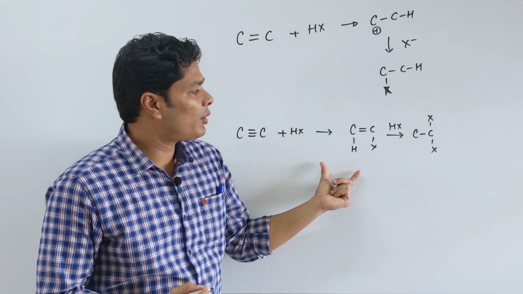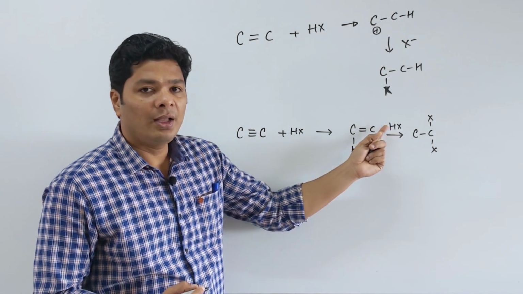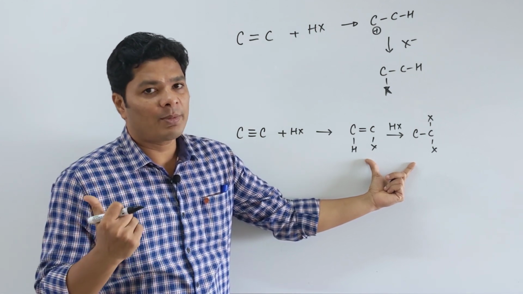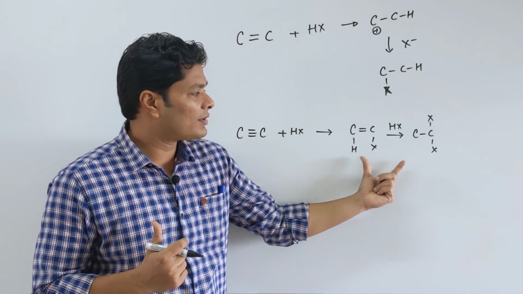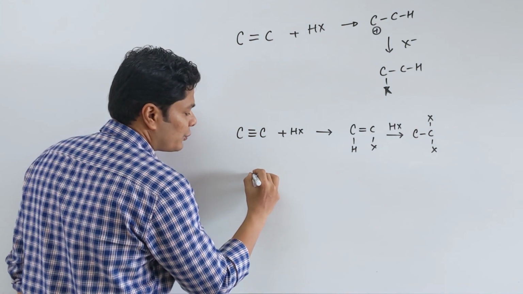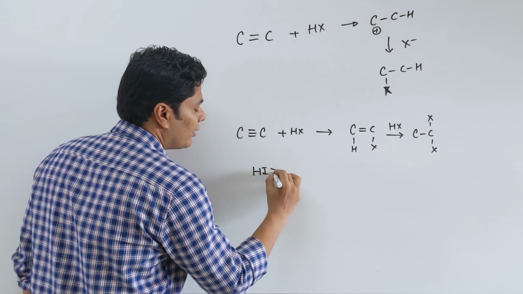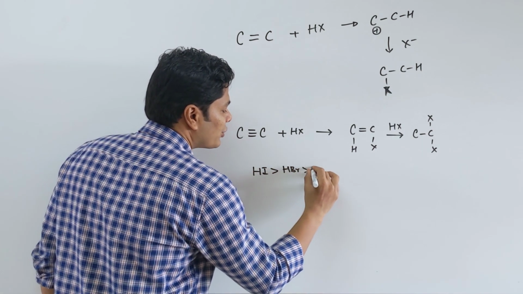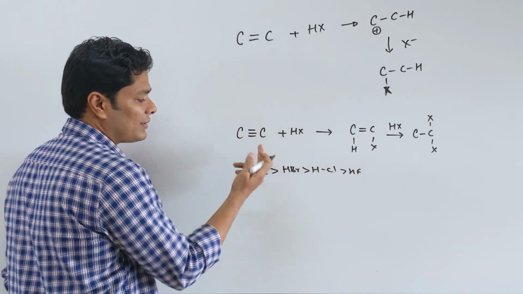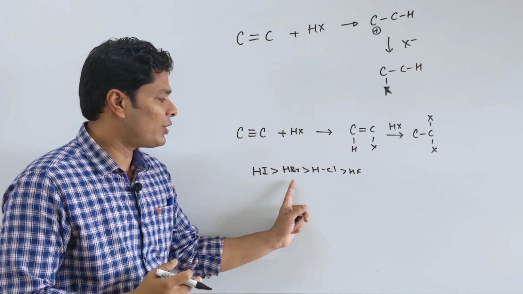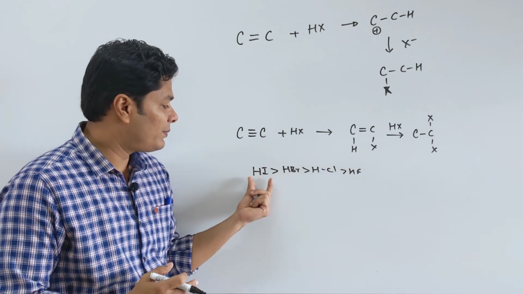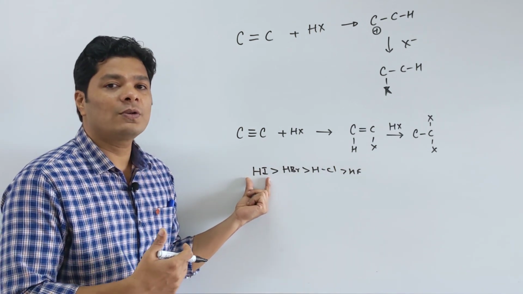Now here there is a peculiar property where instead of HX, if we use HBr, same compounds will be there, except with HBr we also have seen in our hydrocarbon lecture there is the peroxide effect. If you add peroxide, you get the anti-Markovnikov product. Here I want to say that the reactivity order is going to be HI stronger than HBr, stronger than HCl, stronger than HF. Strength of the acid, the tendency to give the H plus, is much higher. HF usually doesn't undergo this easily, whereas HI goes really fast. So on the kinetic side also it is much faster.